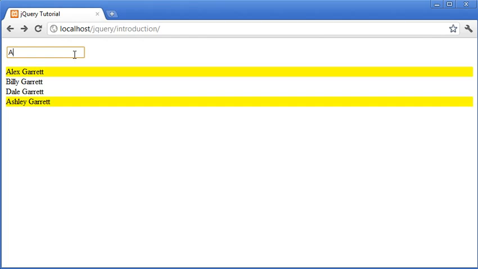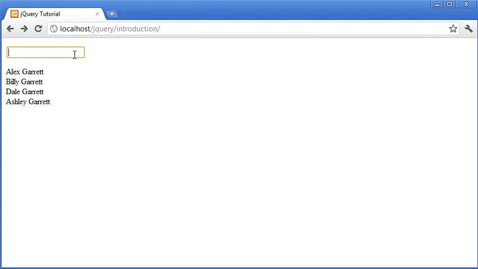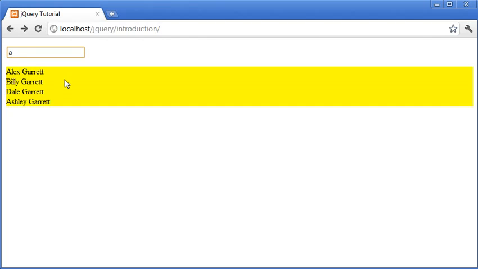So if I was to type A and then a backspace, obviously with the backspace and nothing in here having matched, we've removed the class and we haven't then gone on to add another class. If I then type Alex, it highlights Alex. If I type a capital B, it highlights the line with Billy in it, and again A will select all